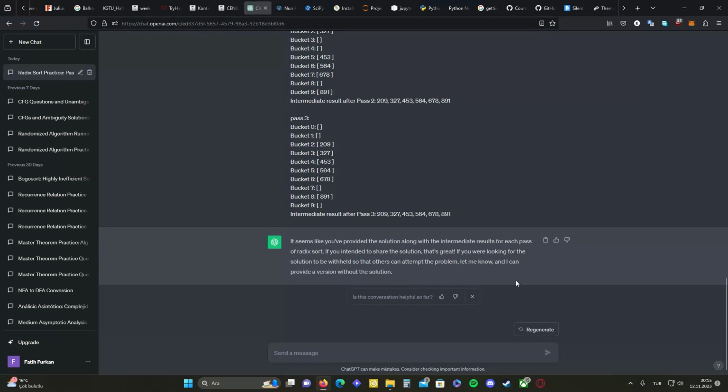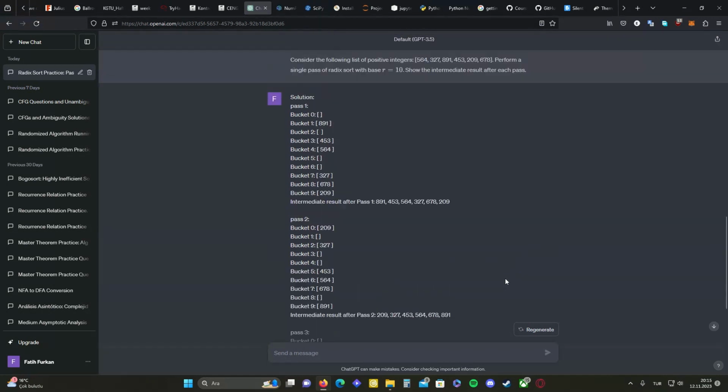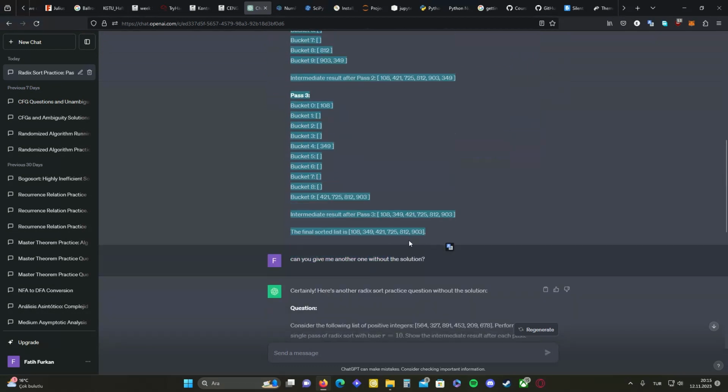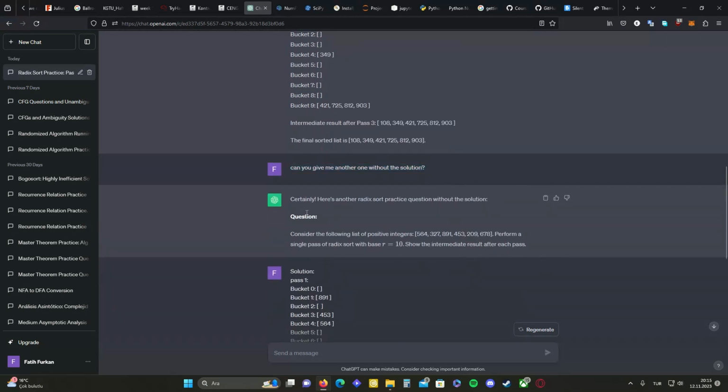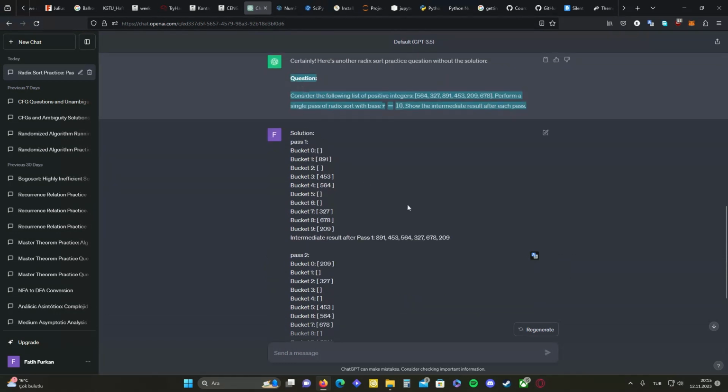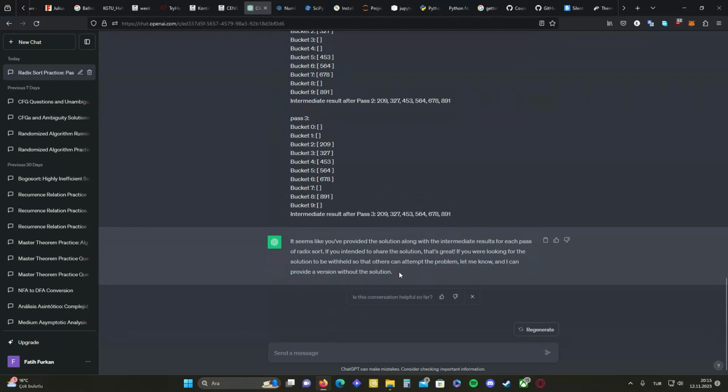Okay, it seems you have provided the solution along with the intermediate results for each pass of Radix sort. If you intended to share the solution, that's great. If you were looking for the solution to be withheld so that others can attempt the problem, let me know and I can provide a version without the solution. Let's talk about the first question, but after that we asked, can you give me another question without the solution? And here is the solution of that question. Okay,